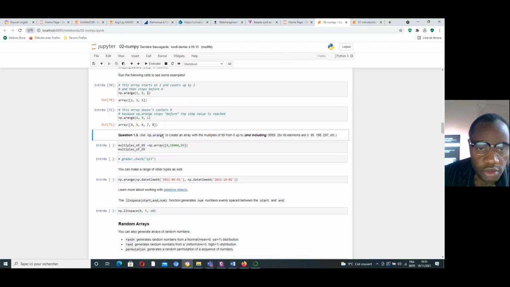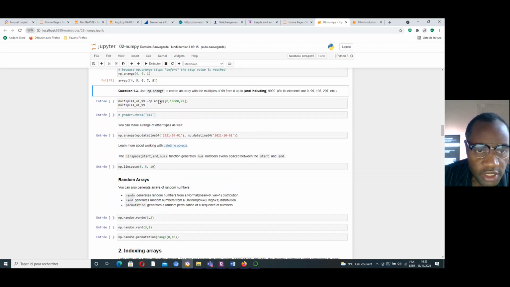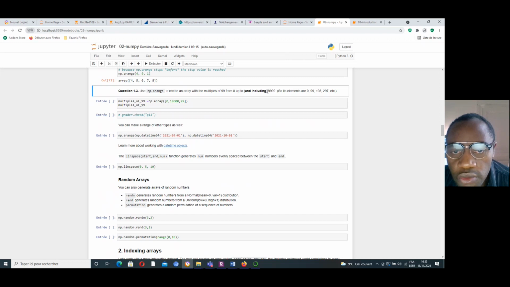6.17.18. Okay, great. But for this question, use numpy.arange to create a range with multiples of null from 0 up to and excluding the end. But if I want to multiply this, I need to have all the multiples of null.